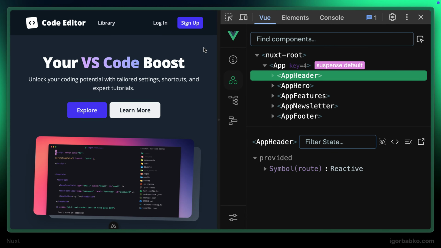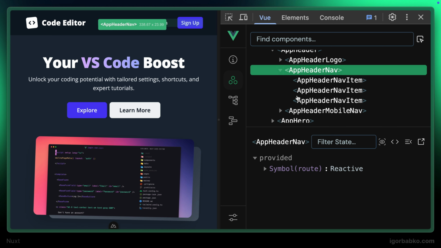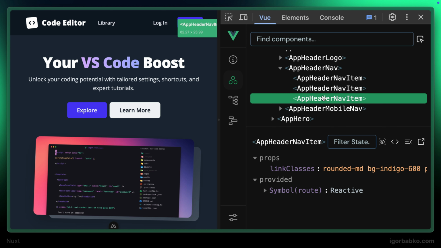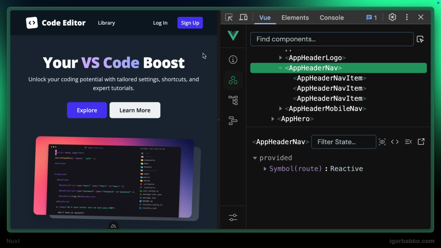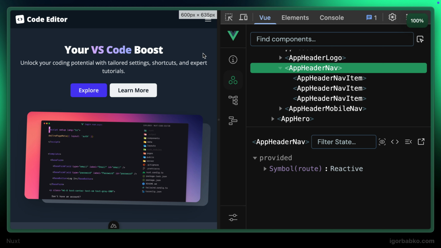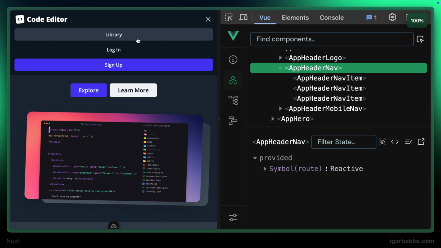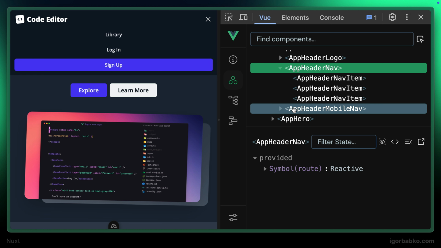What we're going to do in this lesson is to split up the markup of the mobile navigation into several components, just like we have done to the main navigation. In particular, we're going to create separate components to represent individual mobile nav items. So let's get going. The first thing that I'm going to do is to open up app header mobile nav